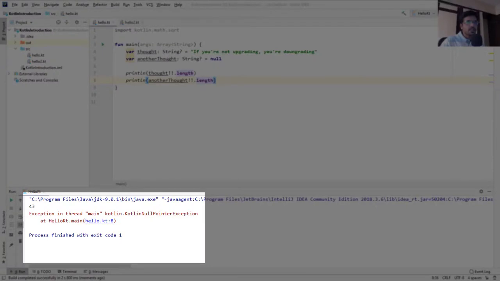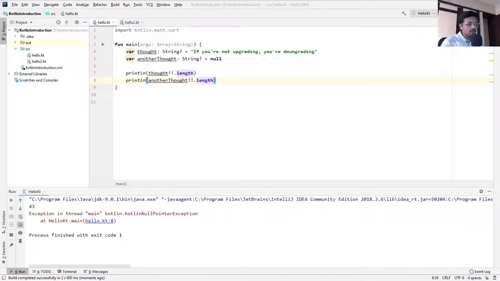As you can see here, for the variable thought, it has properly printed the value as 43. But for the another thought variable, it has thrown an NPE since another thought's value is null.